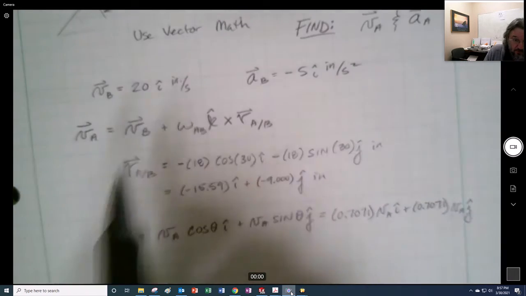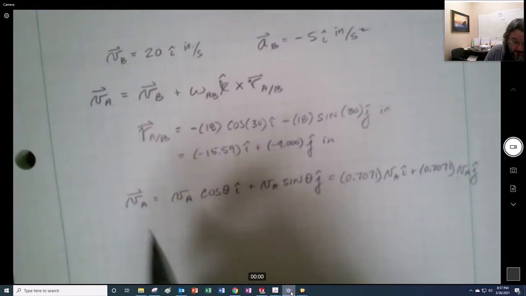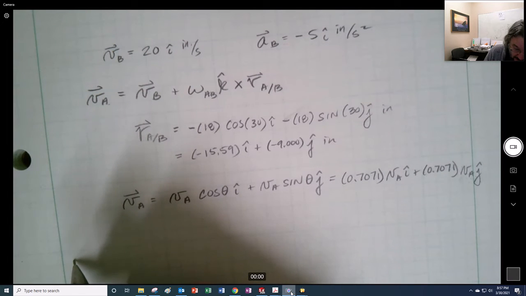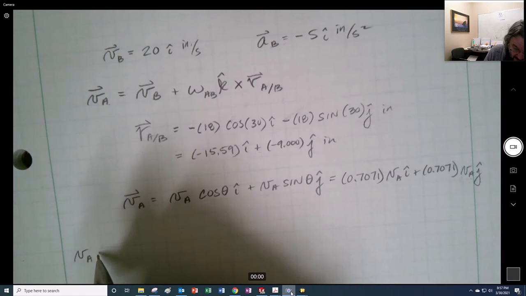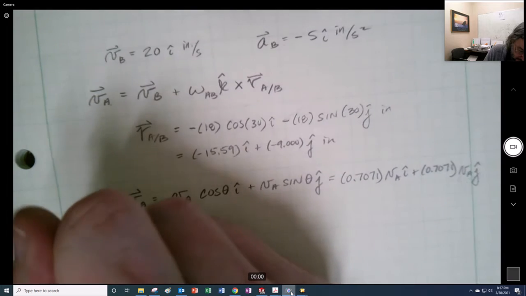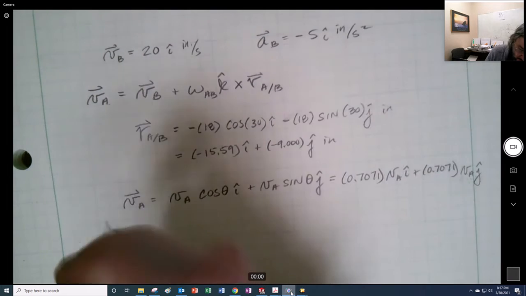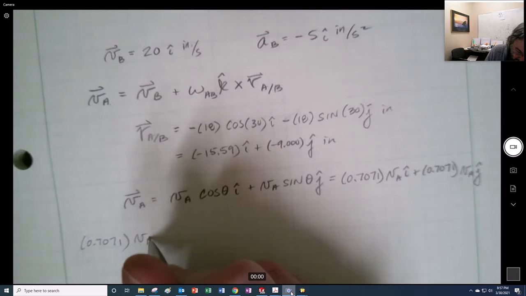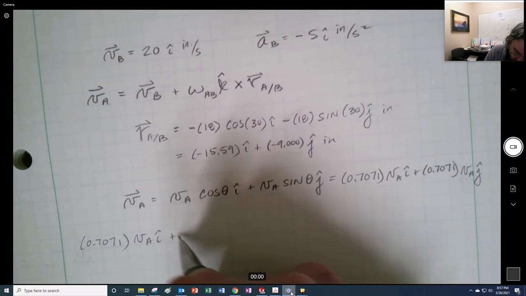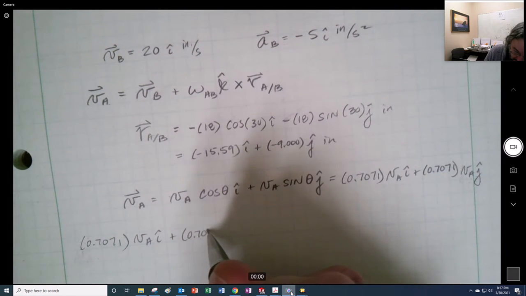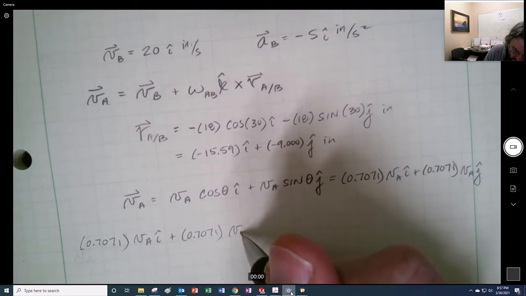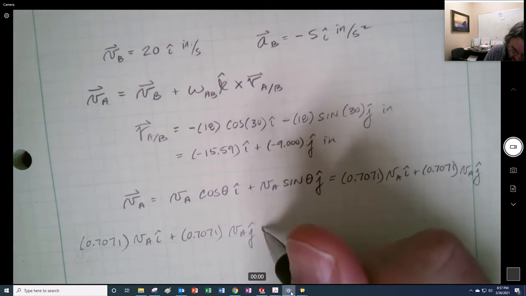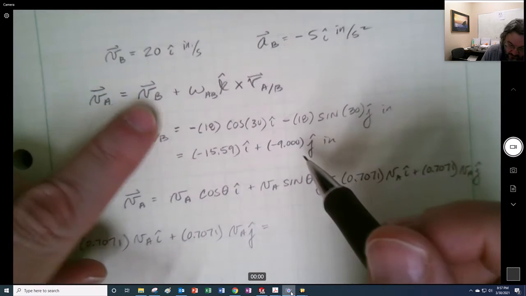So when I go to fill this in right here, I say 0.7071 VA i plus 0.7071 VA j is going to be equal to